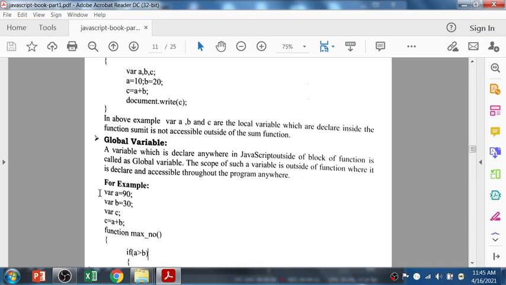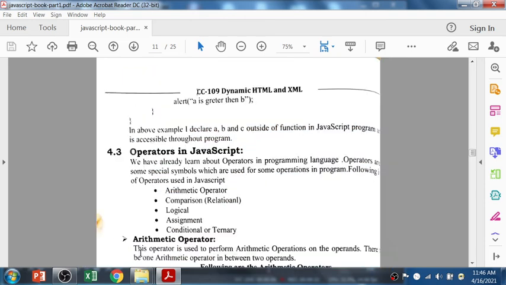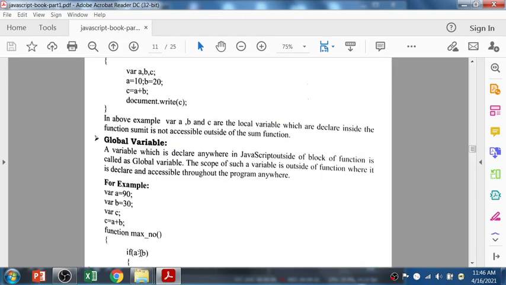So first we have variables a and b, with values 90 and 30, and variable c, where c equals a plus b. Now the same values can be accessed within the function. If a is greater than b, something should be printed, let's say that a is maximum, else b is maximum. So this is the example of the global variable.